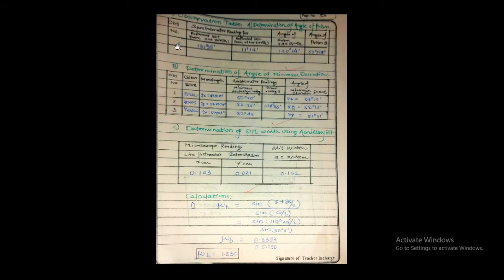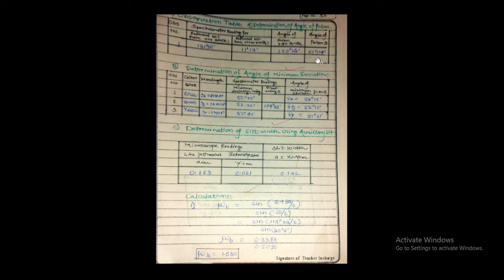Now, we have to complete this whole experiment with the help of these observation tables. Spectrometer reading for the refracted slit and the refracted slit from the other side, and angle of prism. The reading recorded in one window of the spectrometer is added to that in the other window, which equals 2A, and divided by 2 it is A, that is the angle of prism. A is equal to 60 degree.